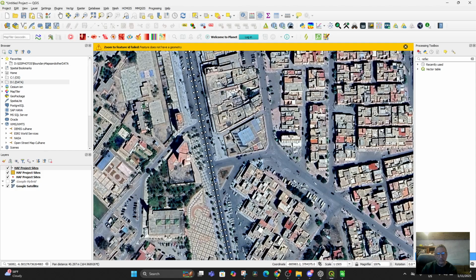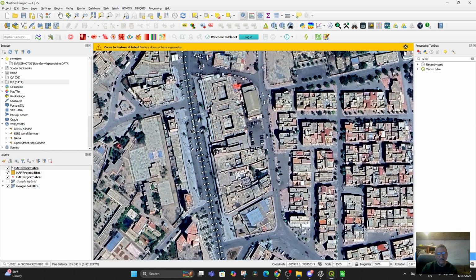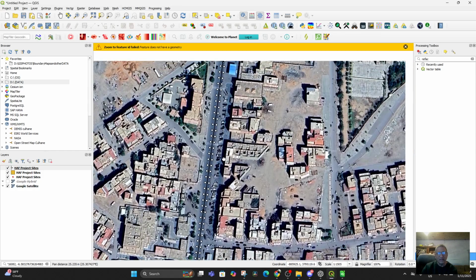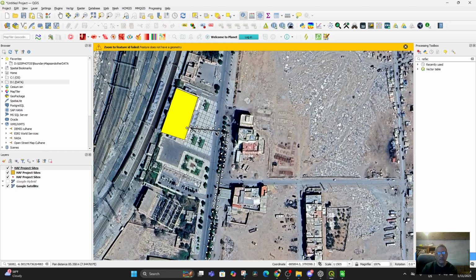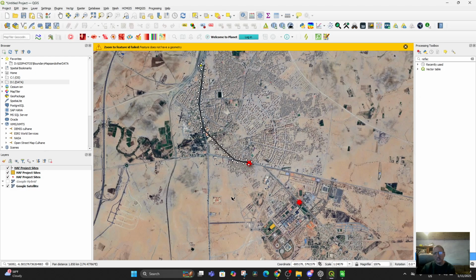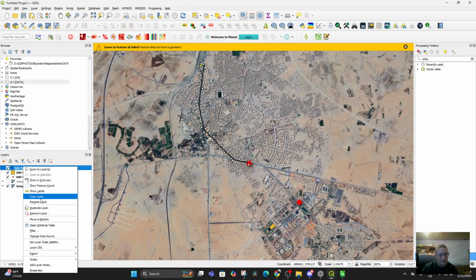That's where the market was, and we went to the pharmacy, somewhere in there, and then we continued up until we got to the train station, right there. But it's not just this information that came in. Now if you look at this attribute table,